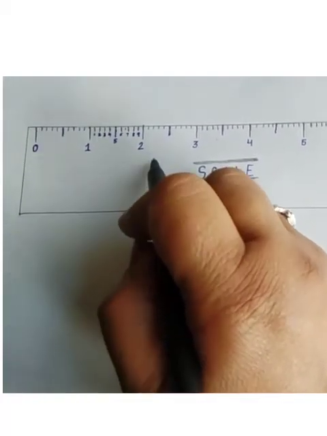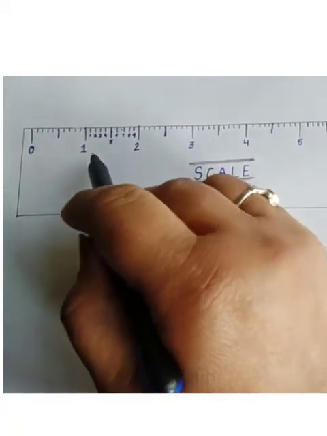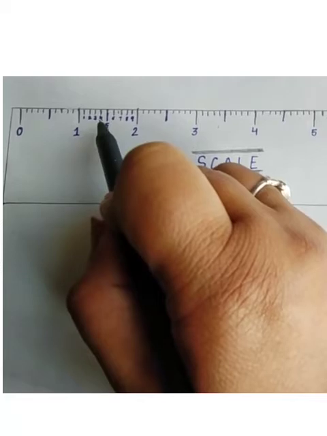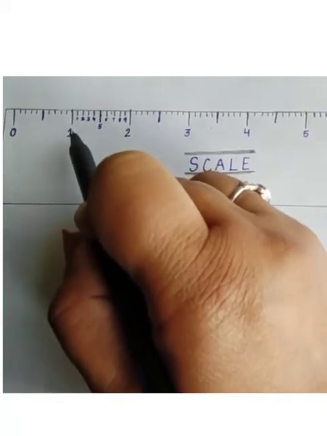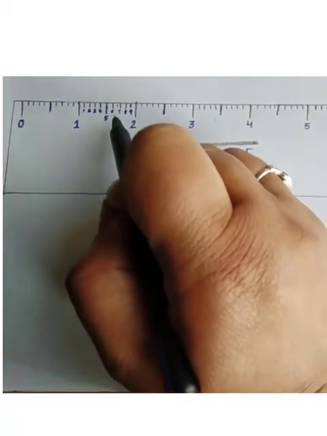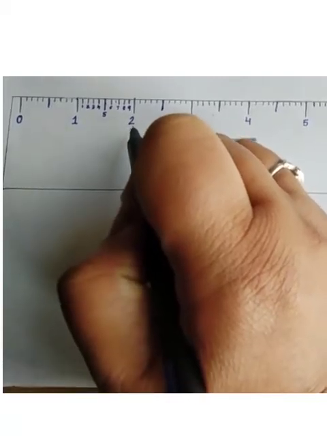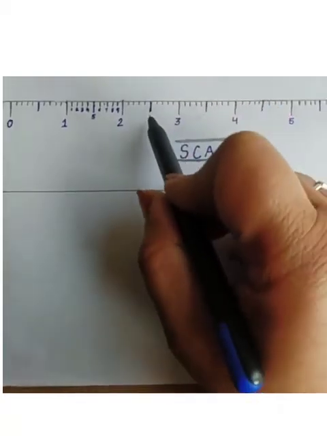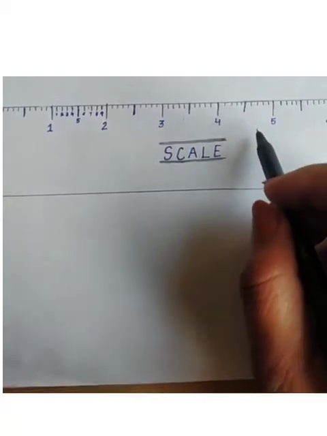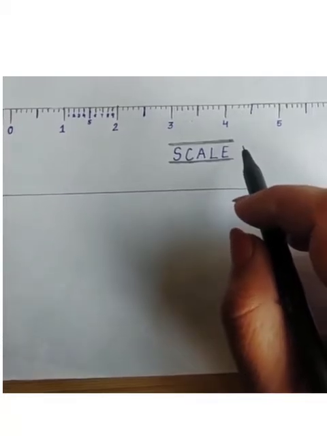Like this is 1 centimeter, 2 centimeter, 3 centimeter. In between these two centimeter numbers, you can see small points like 1, 2, 3, 4 and this is 5. You can say half more than 1 and half point this is. Then this is 1.6, 1.7, 1.8, 1.9 and here exactly 2. In the same way, this is 2.5, this is 3.5, this is 4.5. So now we will measure the line segments given in the question number 2.